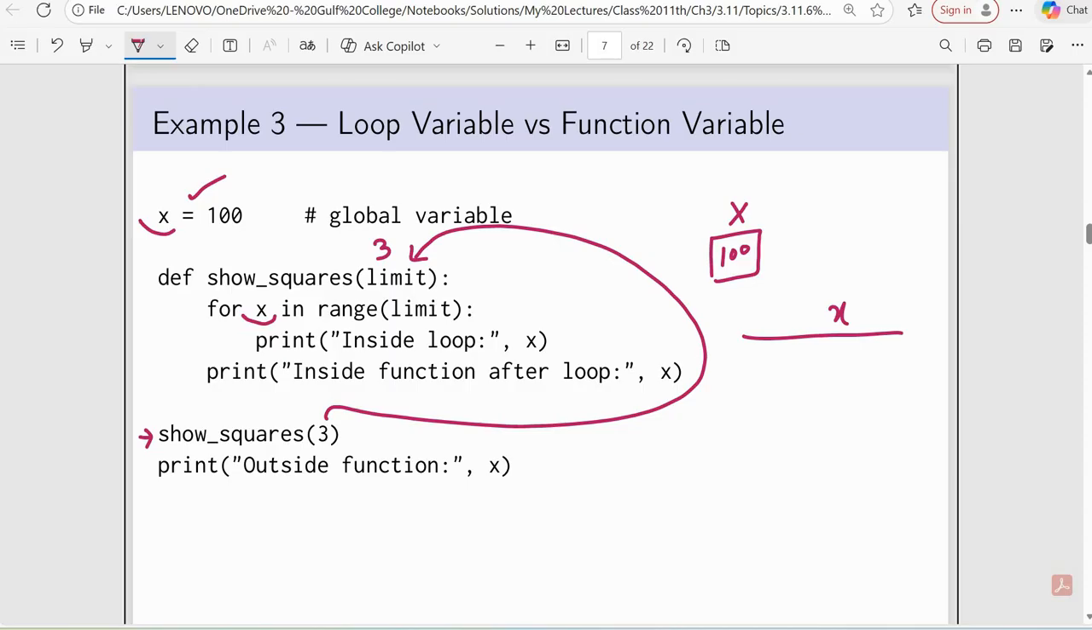It will start the value from 0 to limit. The value of limit is 3. It means it will run first with x equal to 0, then x equal to 1, then x equal to 2. And what will it print inside the loop, the value of x, what will it display? It will display first 0, then 1, then 2. Inside loop 0, inside loop 1, inside loop 2. Okay,